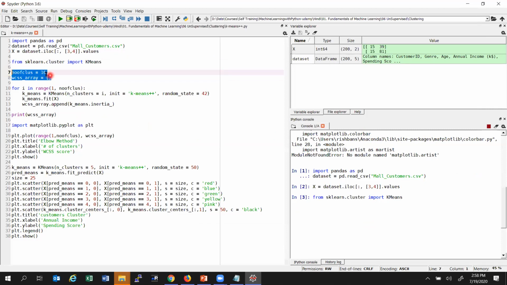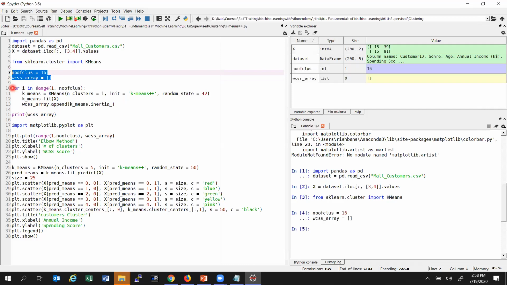I am taking the maximum number of clusters as 16, and I have declared its value. Then I am taking a WCSS array. I will calculate the WCSS value in each case, from when the number of clusters is 1, 2, up to 16. These are the 2 variables I am declaring.